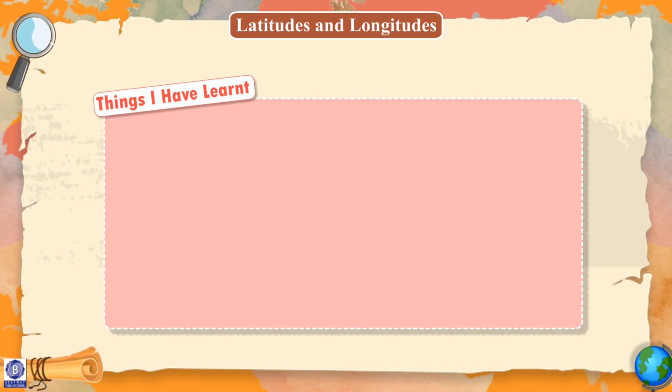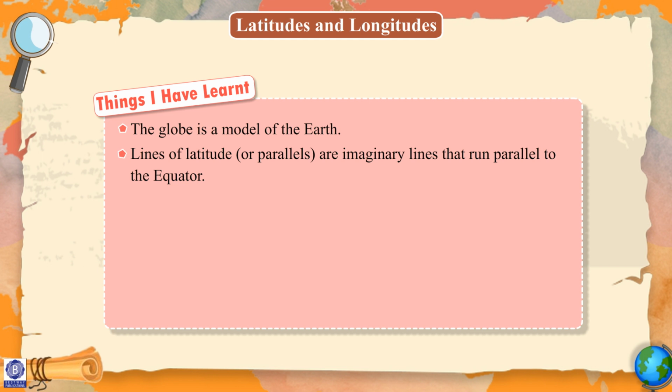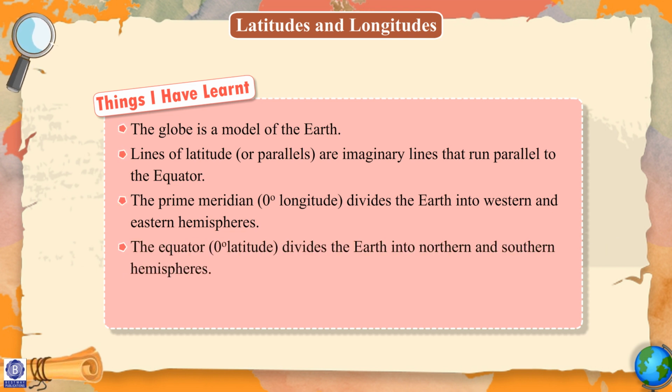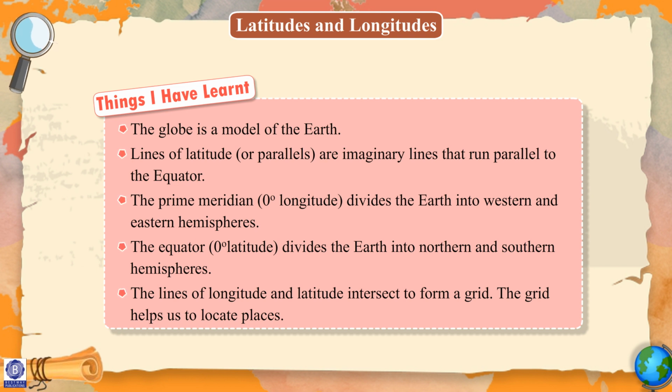Things I have learnt. The globe is a model of the Earth. Lines of latitude or parallels are imaginary lines that run parallel to the equator. The prime meridian, 0 degree longitude, divides the Earth into western and eastern hemispheres. The equator, 0 degree latitude, divides the Earth into northern and southern hemispheres. The lines of longitude and latitude intersect to form a grid. The grid helps us to locate